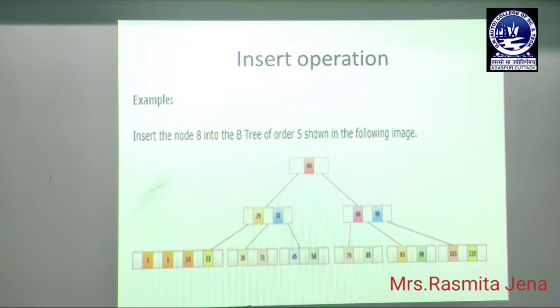So the node will be split into 2 nodes, and as 8 is the median element, it will be moved to its corresponding parent node. And the 2 split nodes are, one is 3, 5 and one is 10 and 23.